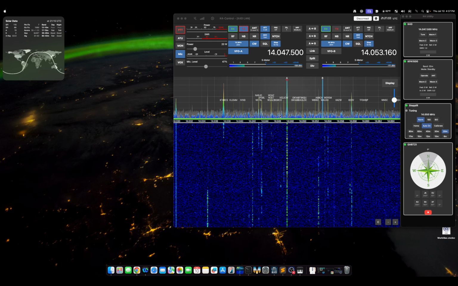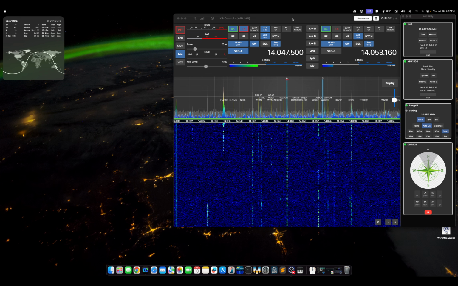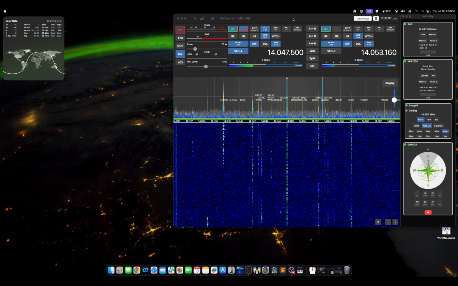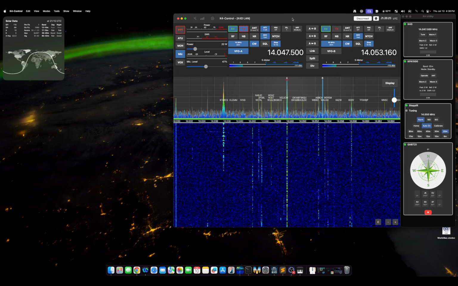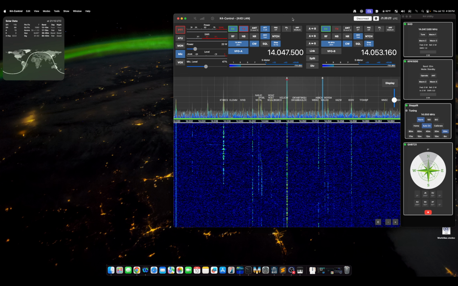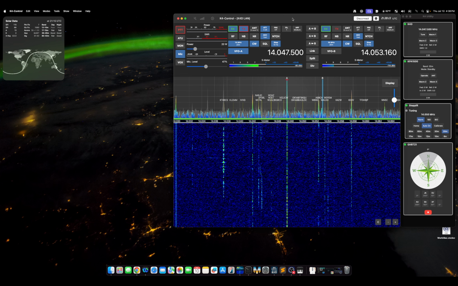Alright, this is AI5QK. I'm going to show you how to set up an app that I just developed that allows you to plug your KPOD directly into your Mac and then use it within K4-Control. So we're going to take care of a quick prerequisite, which is enabling something in the MIDI control on your